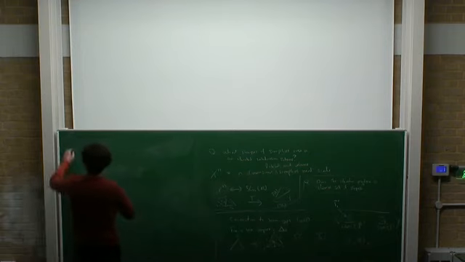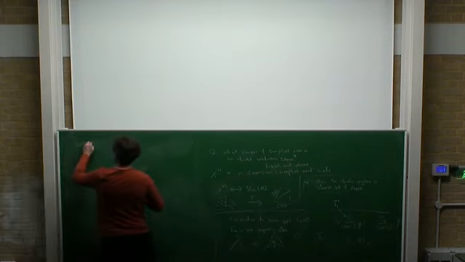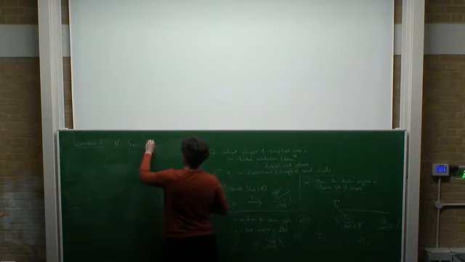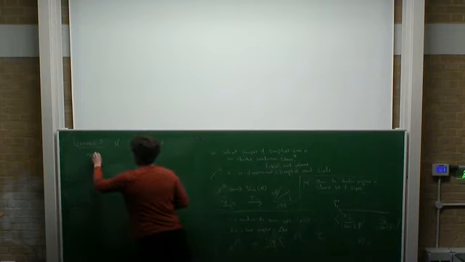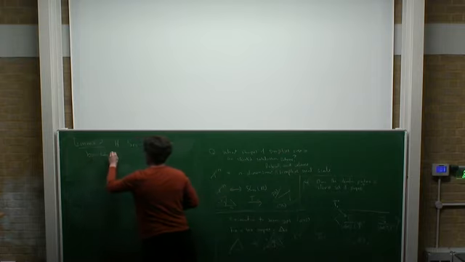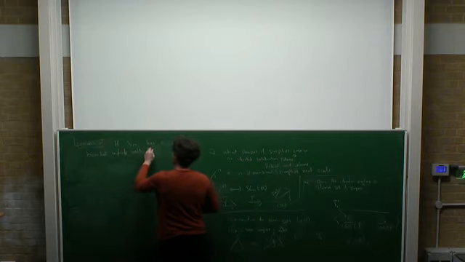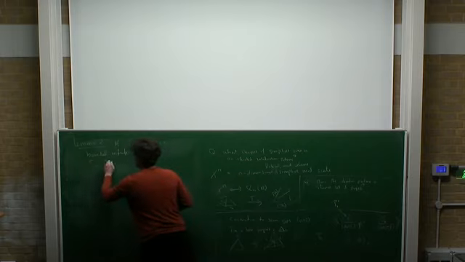So then lemma 2 is that if S_n has a bounded walk, then S_n is